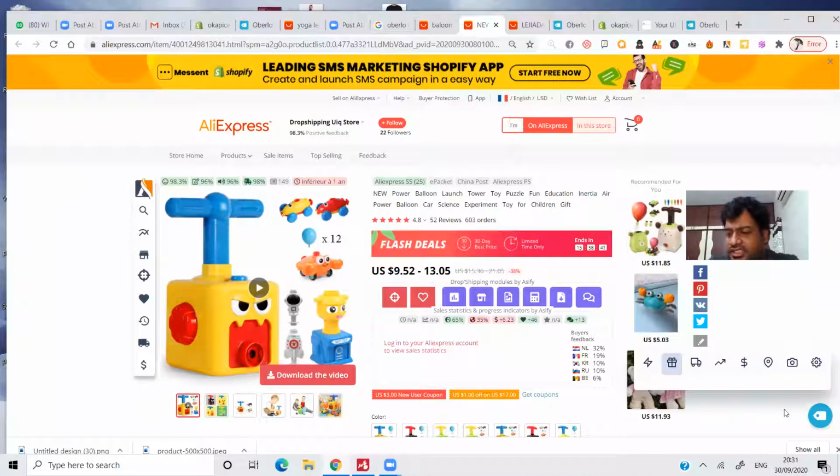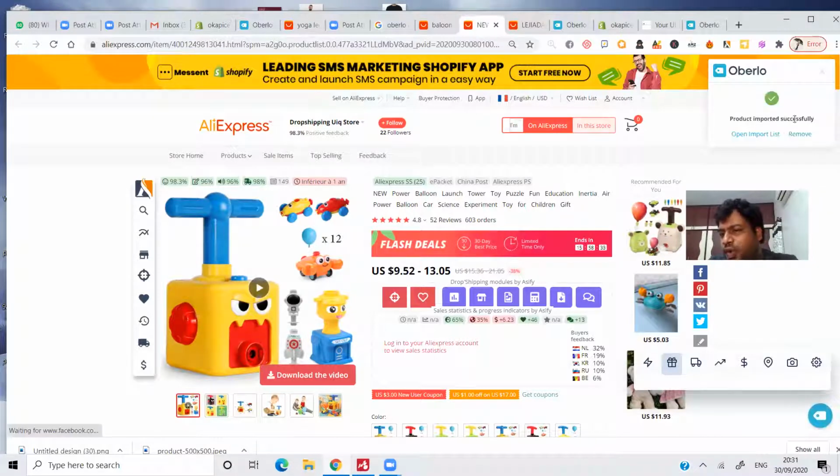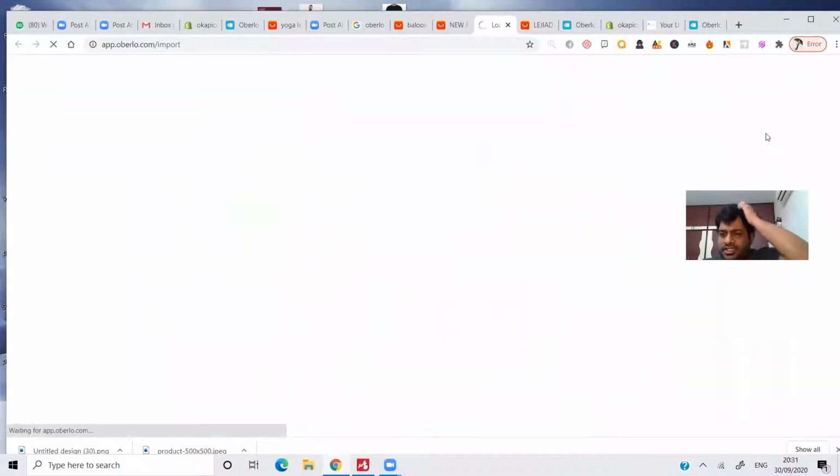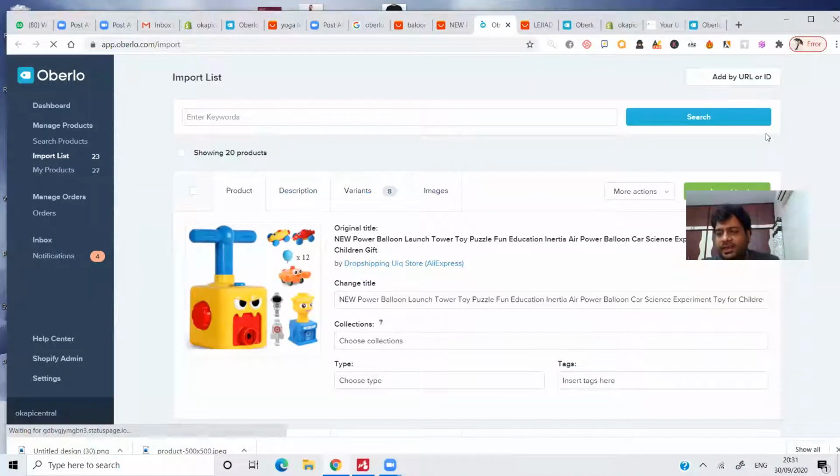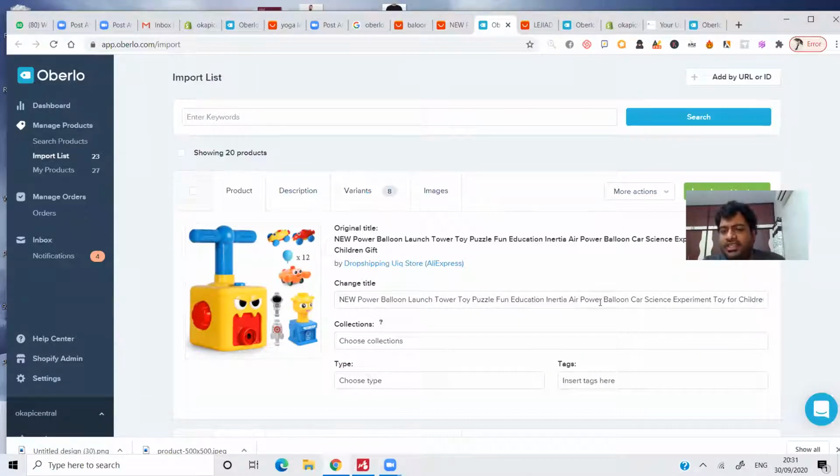Here, just click on Oberlo and scroll up. Okay, product imported successfully. Open the import list. Now from AliExpress, the product is imported to Oberlo. If you want to change the description, you can change it here.